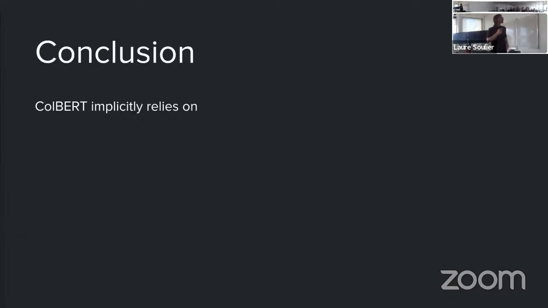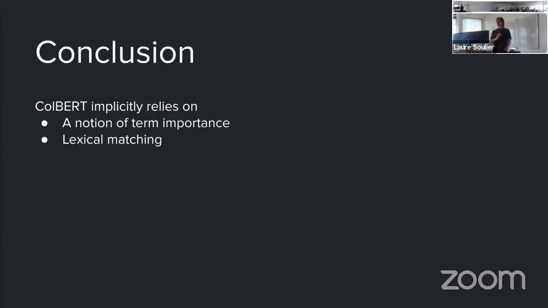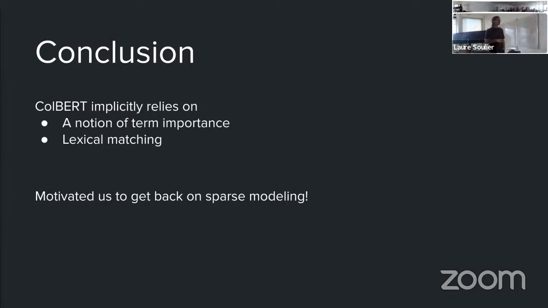And so to conclude this part, we have shown that ColBERT implicitly relies on the notion of term importance and relies on lexical matching for important terms. And that's why we turn our attention back to sparse representations, because such models actually encode these properties more explicitly.